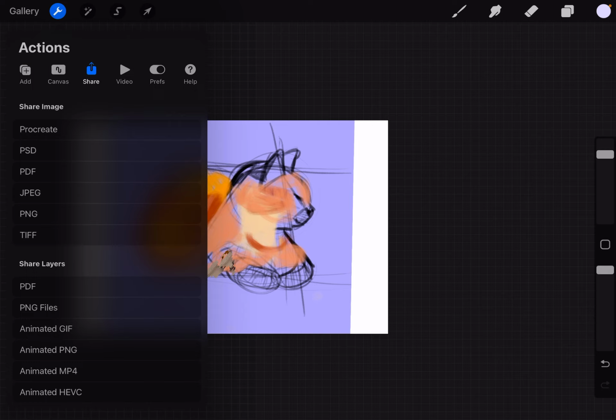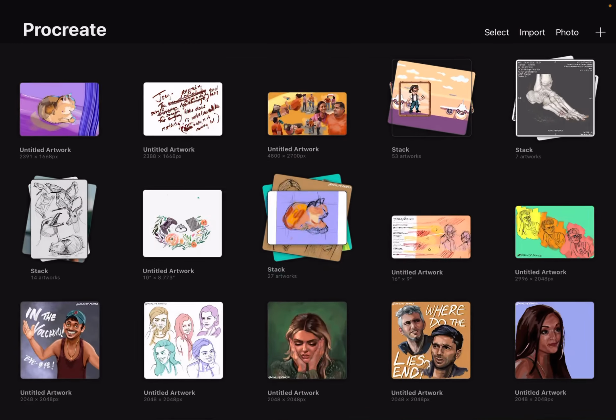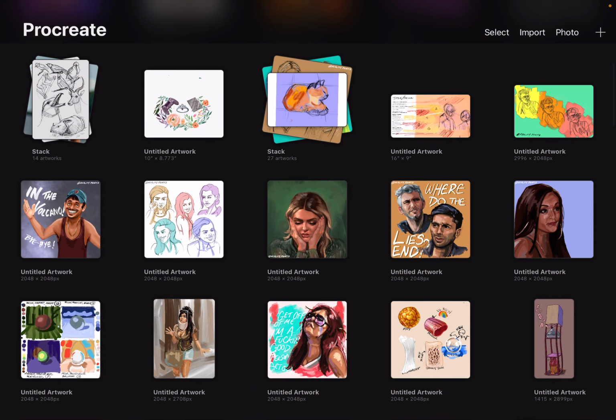So Sam, do you often work starting in Photoshop and bringing it over to Procreate? Do you have an example of a piece you've done where you did final touches in Procreate? Sure. I think probably the biggest ones are, and I'll have to find the actual end example here,